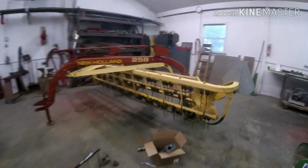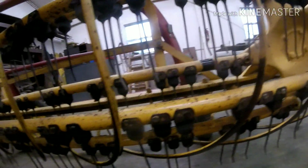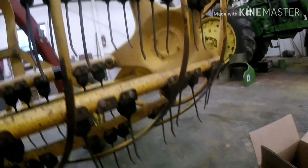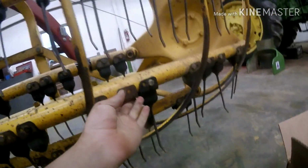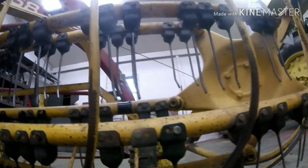This rake here is done. This rake over here was the one I was having the fits with earlier. I didn't get any video of it, but I hope to today. There's quite a few here that are broken. This one here, I don't know what it hit, but it's completely sheared off. A couple of bent ones down in this row here, but